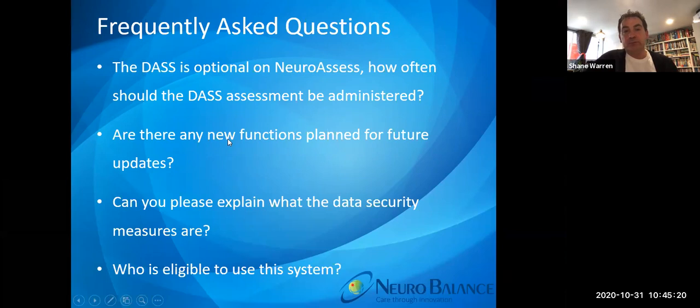So look, the measures are there to support you and guide your practice. The data security we have is highly encrypted and highly protected. Only you can access that data. Neither Neuro Balance, nor Sue or Shane from our own computers at home, have the ability to access your data. Even for our IT people, it's a scrambled screen if they were able to see anything. It's all quite secure on those levels.